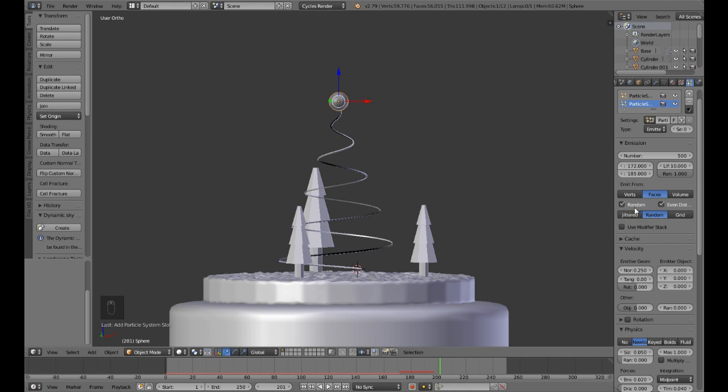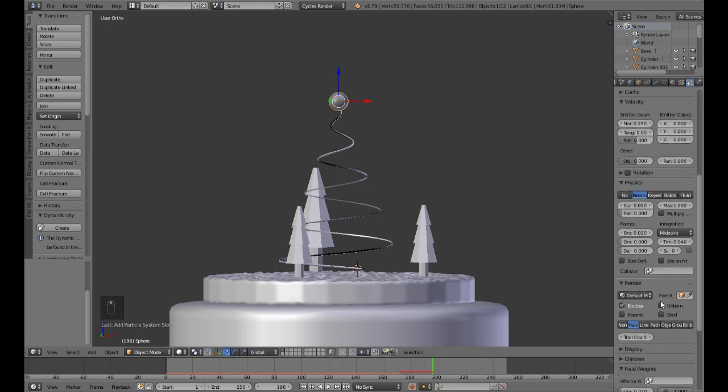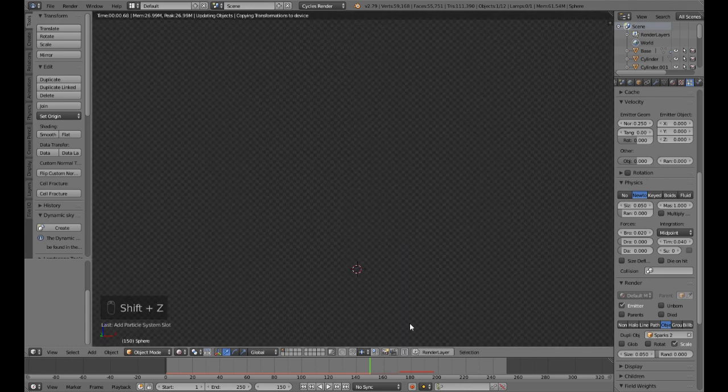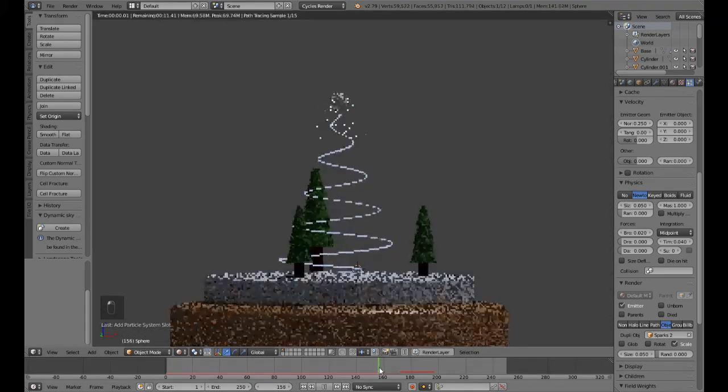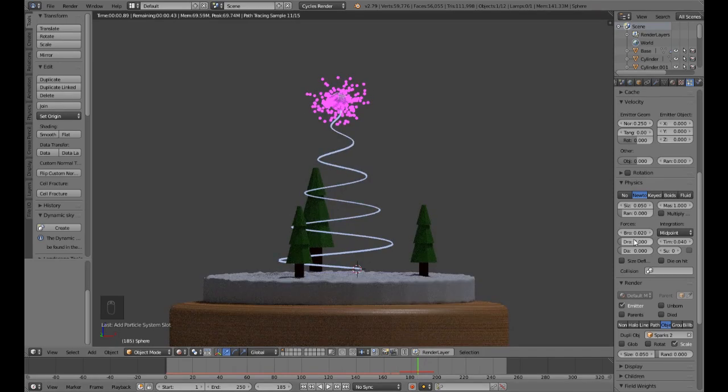And another thing that I wanted to do is uncheck this event distribution. This will create a random value here, the emission, and of course I have to give it a duplicate object here. This time I'll be using Sparks 2. So if I'm going to the viewport render, as you can see, and if I'm moving along in my timeline here, you can see that it's actually creating some sort of an explosion, but the size I want to be about 0.01,